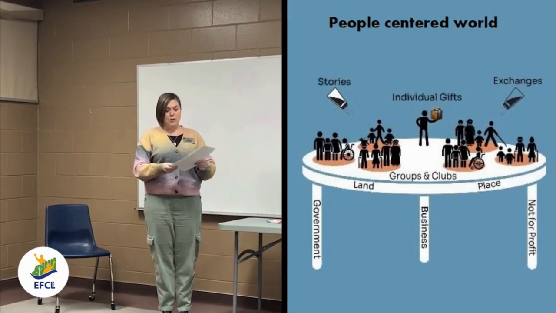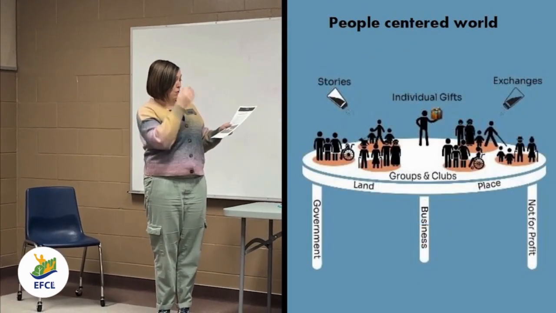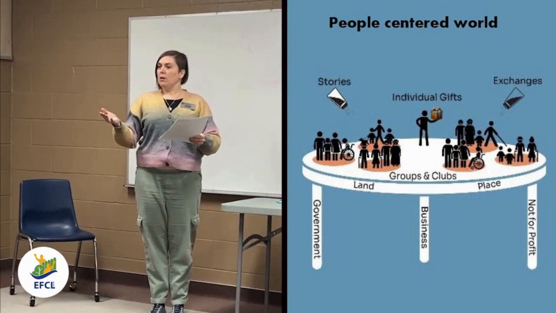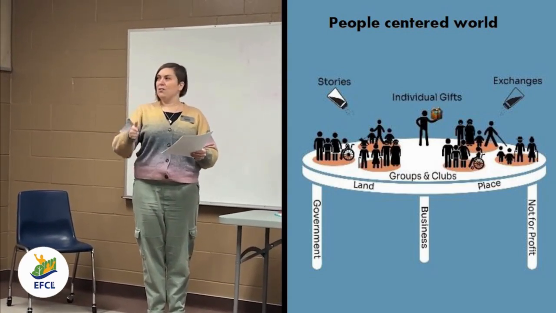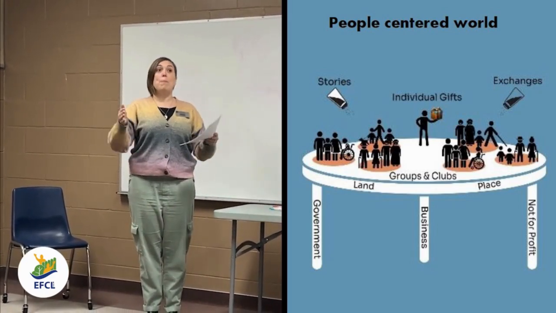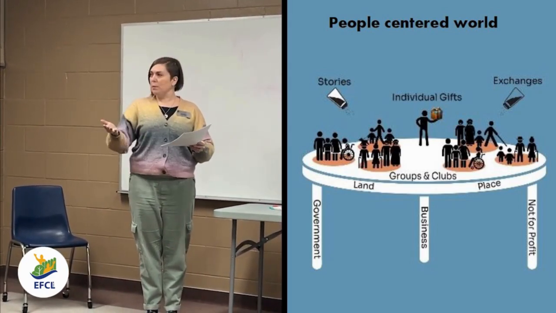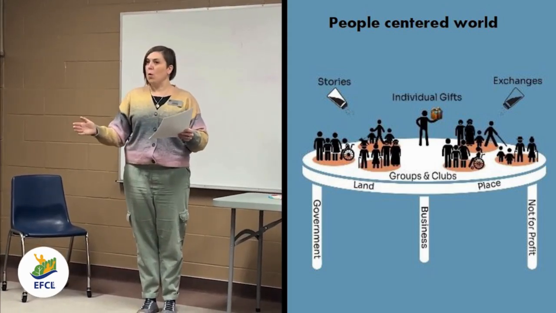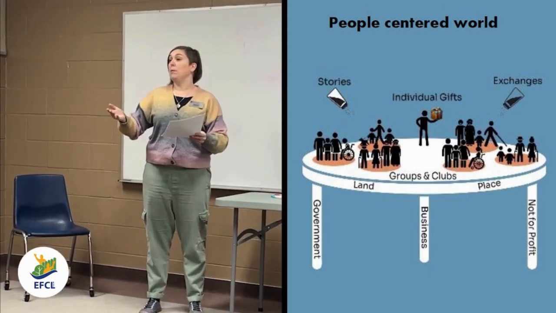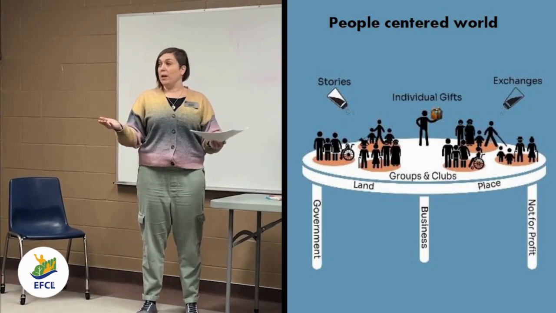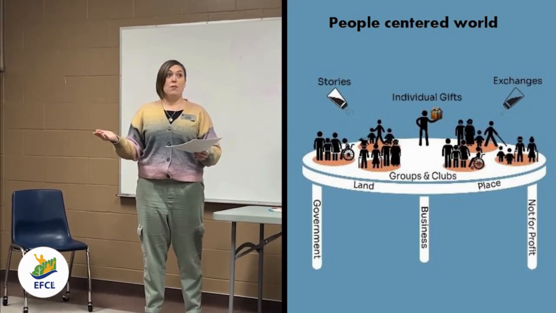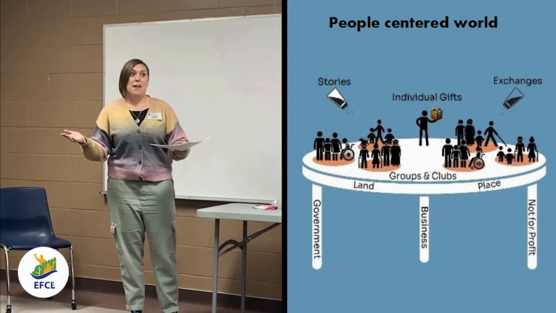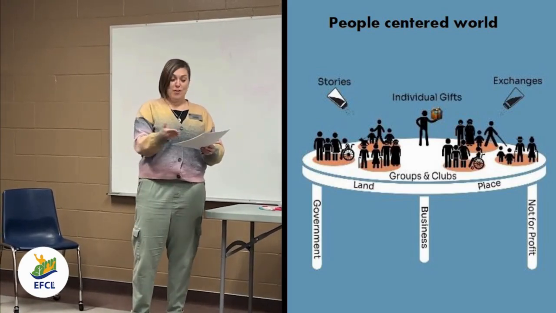In contrast, if you look at the people-centered world, as they call it, there's this table, and the legs are the systems that sort of prop up the table, but they aren't the table itself. So the legs are government, business, nonprofits that support the work that's happening on the top of the table. And it's the perfect demonstration of what community leagues are, because I think they're the perfect example of a tabletop, and that's where the party's happening. Like that's where all the good stuff is happening, is on the surface of the table.